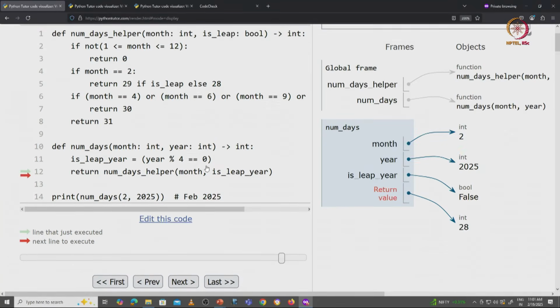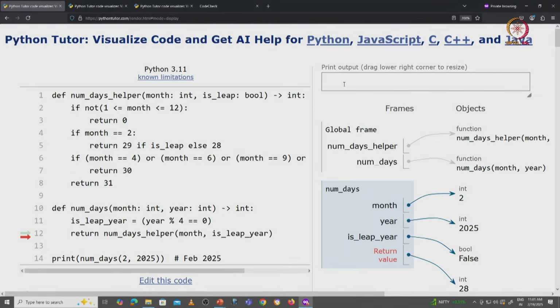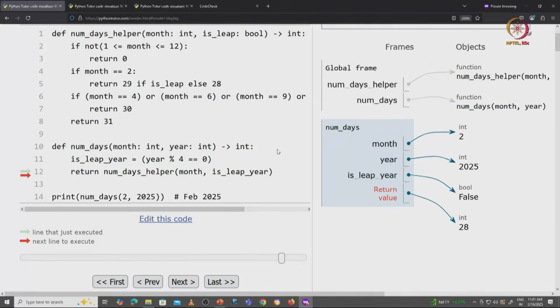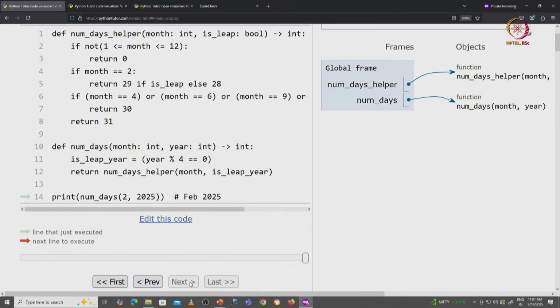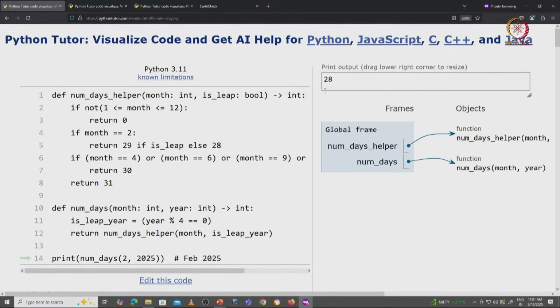And so this object is going to be returned to the print statement, which is where I called the numDays function. So when I click on next, this object is going to be printed, and so up here you will see 28 get printed when I click on next. And there is the 28.